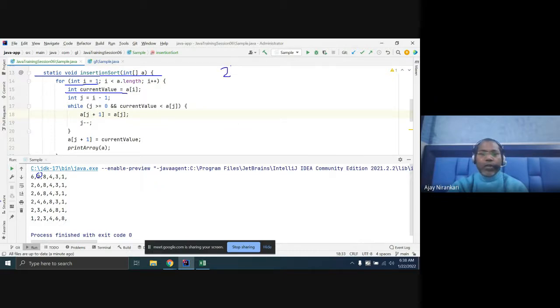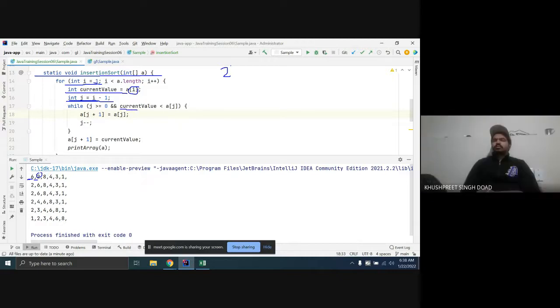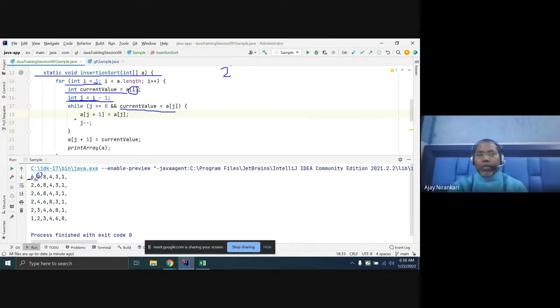Your current value is i, what is i? i equal to 1, that means you have started with the 2. And you have to check with j. j is minus 1. This is the value j, right? Now you are just checking whether current value is less than a of j. Yes. Then you have to shift the value. This is the way of shifting the value.